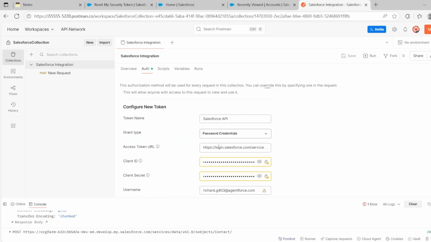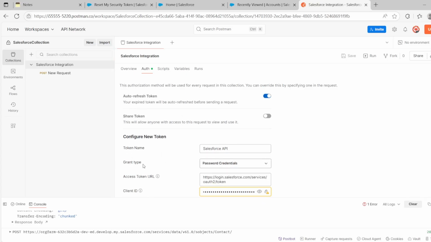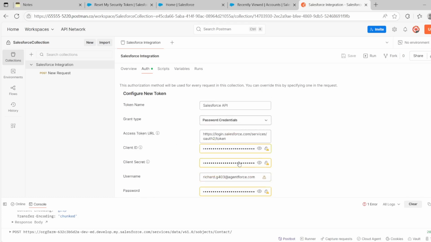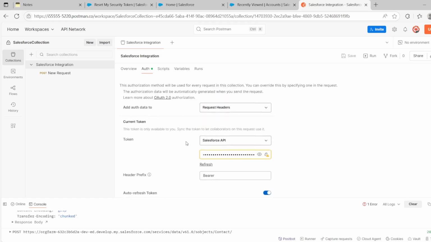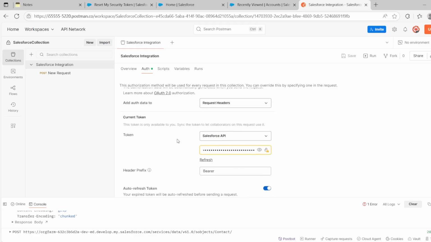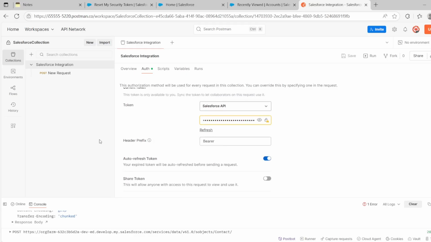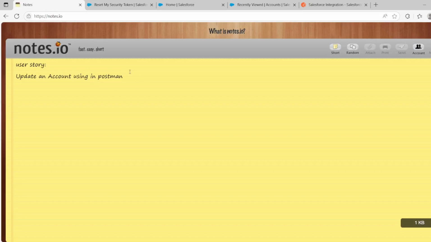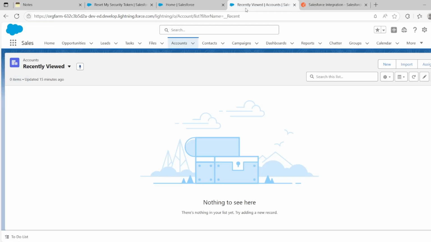For the access token URL, you simply direct Postman to where your token is. You'll have to say that the grant type is password credentials because you're using your password credentials, and that is all. Since the question is to update an account using Postman, and we are currently already connected,